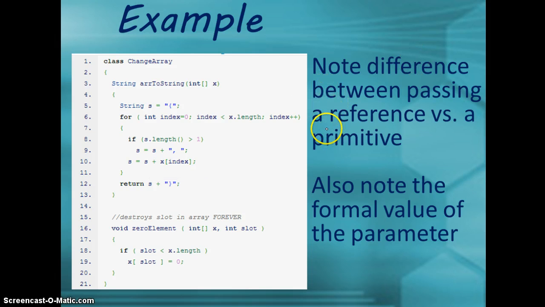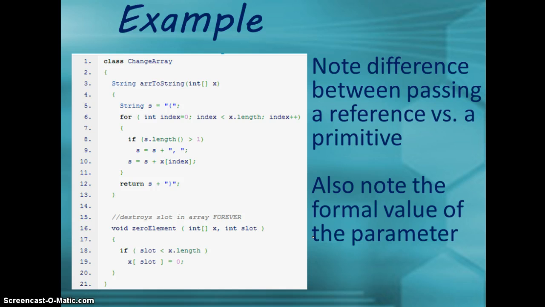which is basically just going to take our array in and turn it into a big string to be able to get a look inside of it. It'd be nice for debugging purposes or for final output. We also get the zero element method. The zero element method takes in an array of ints and takes in a location. Assuming that location is in bounds to prevent any array index out of bounds exceptions, we're going to set that